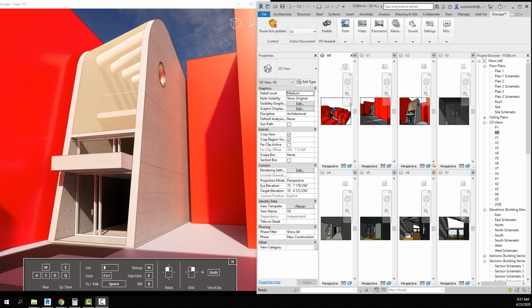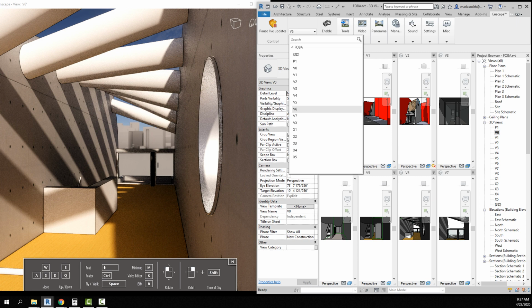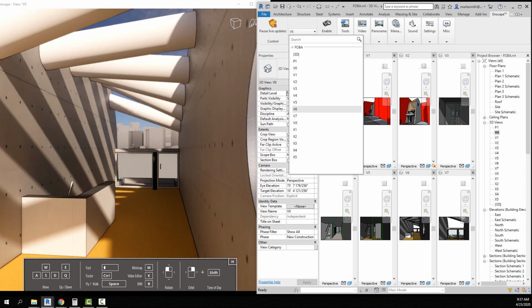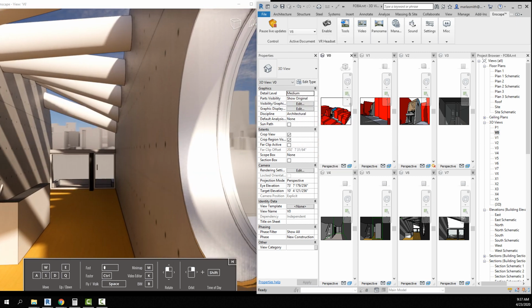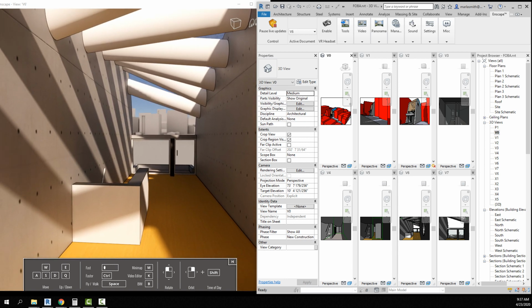Alright, so the next thing I'm going to do is create a time lapse. So I'm going to set up my view for that first. I'm going to use my V6, which is the third one, and then I'm just going to use Enscape to pan around, maybe get me into a little bit different view. And since I've gotten myself into a different view, I'm going to go ahead and come in and save that